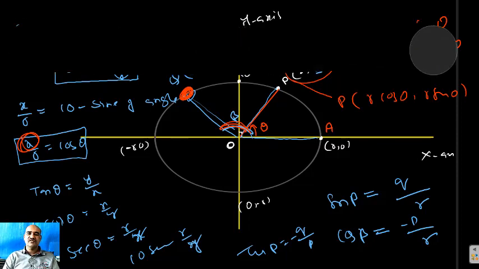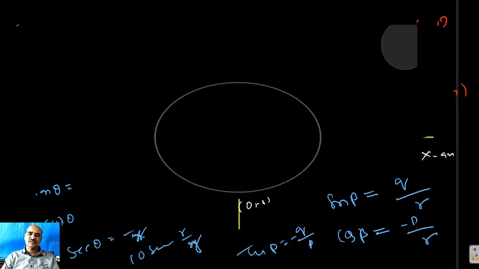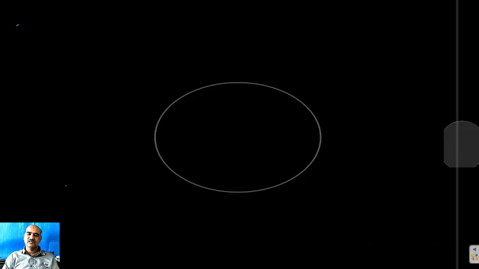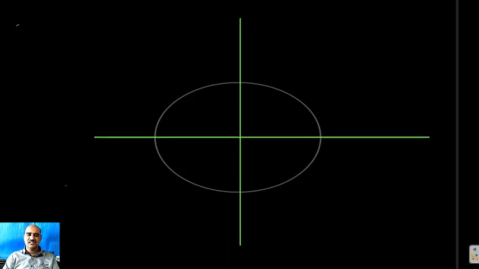Finally, listen, students, this is an important thing. This is the y axis and this is the x axis. A point P is taken here. This is always taken as the initial arm of the angle, and after P and O are joined, you get a line segment that is taken as the terminal arm of the angle. For example, this angle is gamma. Then what are the coordinates of P? That is important, just now explained: r cos theta comma r sin theta.